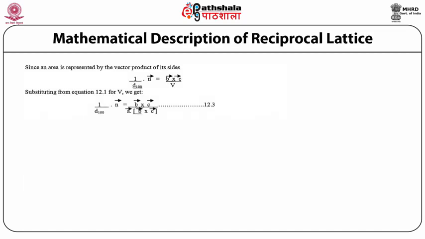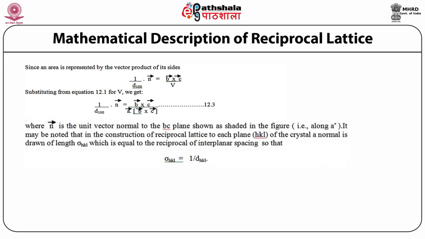Since an area is represented by the vector product of its sides, 1 upon d100 into n vector is equal to b cross c upon V. Substituting from equation 12.1 for V, we get 1 upon d100 times n vector is equal to b cross c upon a dot b cross c, which is represented as equation 12.3,